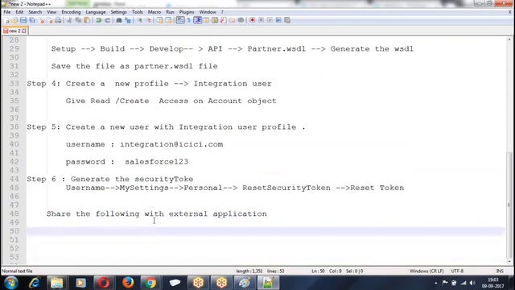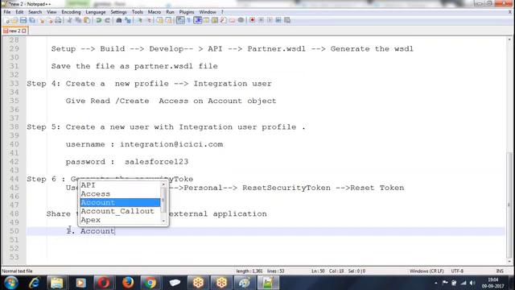What is that? What are the things you are going to share? One is